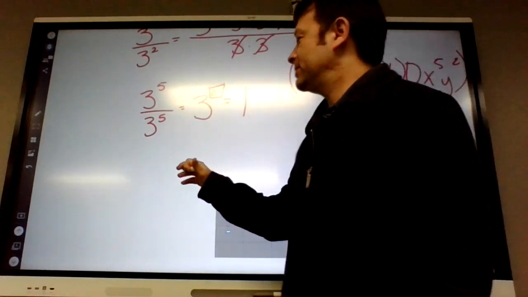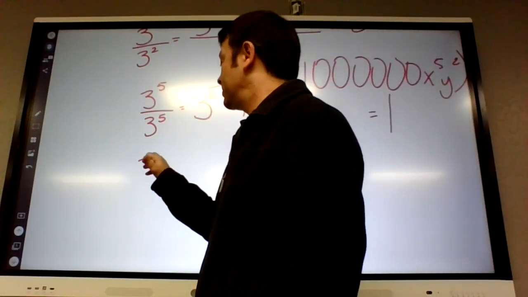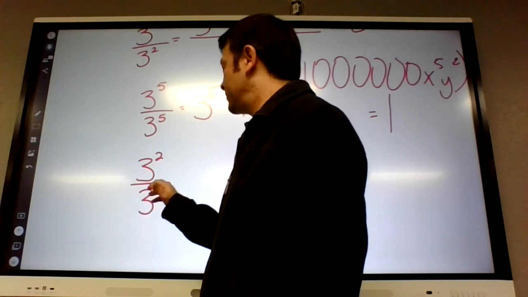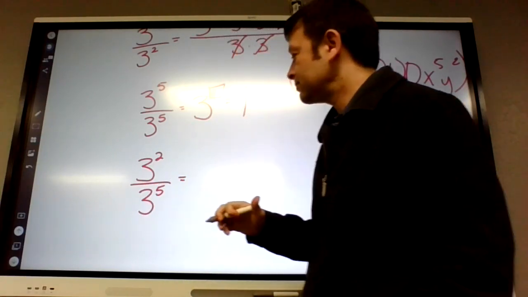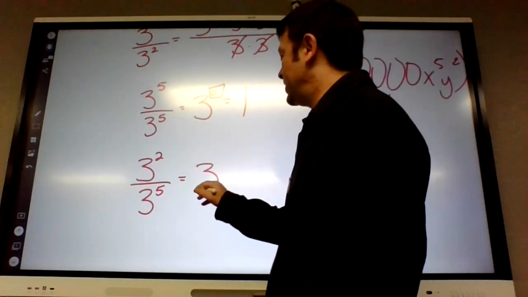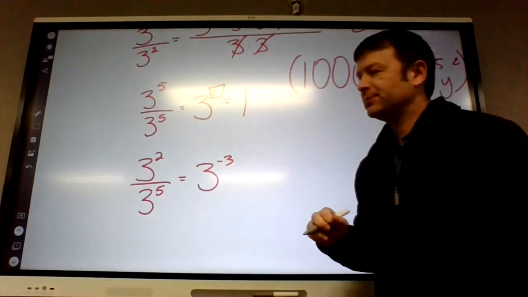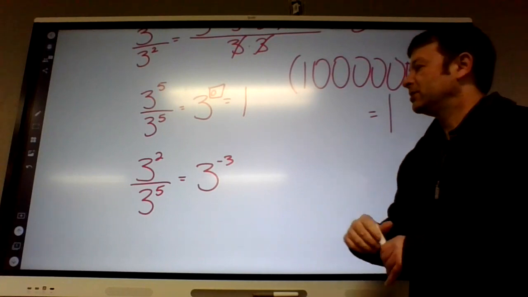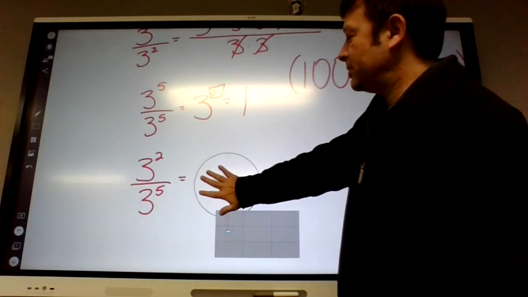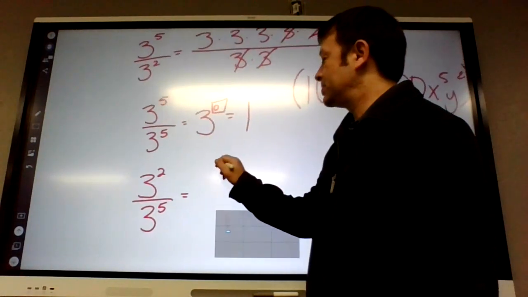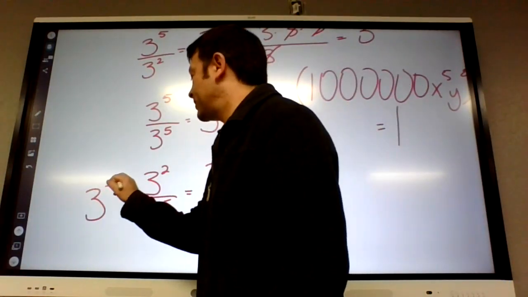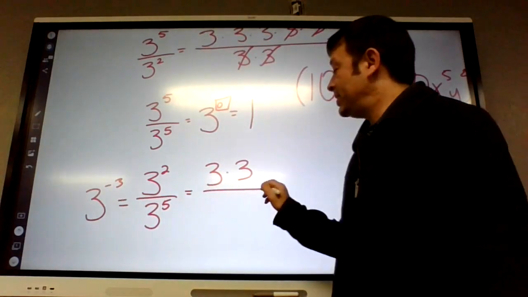Alright, now this is not happening today, but I do want to introduce it. How about 3 squared divided by 3 to the 5th? 3 to the negative 3rd. Okay, it is 3 to the negative 3rd, but what does that mean? Since it's an odd negative exponent, that means it's going to be a negative? Okay, what it means, 3 to the negative 3rd, this does equal 3 to the negative 3rd, that is correct. But what it means is,